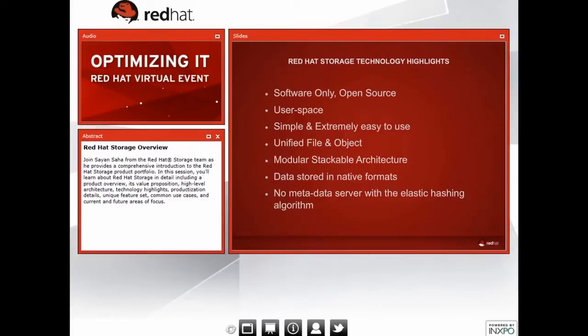It overlays on top of existing Linux file systems, and it's really easy to manage using command line as well as graphical user interface. It provides unified file and object access, which basically allows you to access the storage using both these kinds of interfaces. So if you have a customer who wants to upload a picture from their iPhone or their smartphone or tablet, they can do so